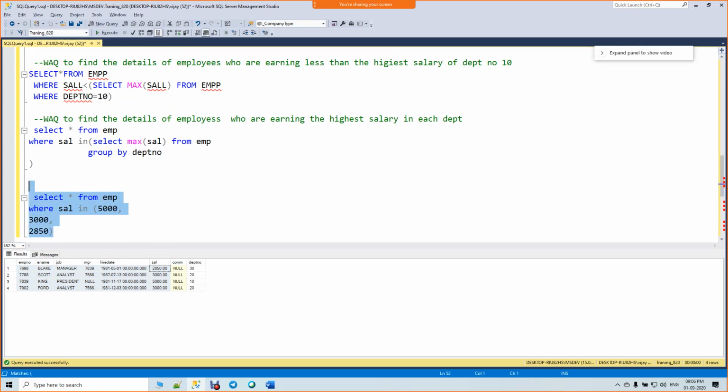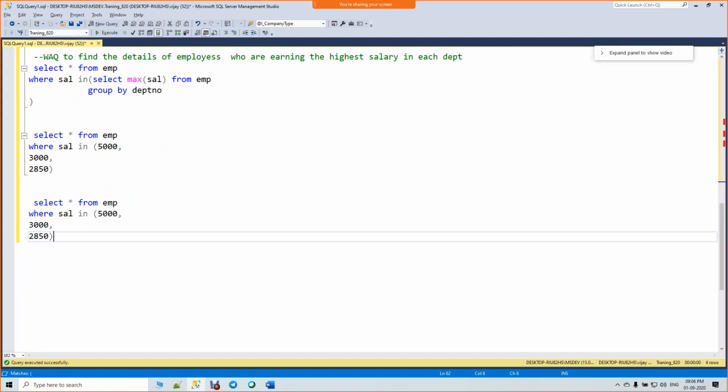Otherwise you can write this query in different ways: salary equal to 5,000 or salary equal to 3,000 or salary equal to 2,850.